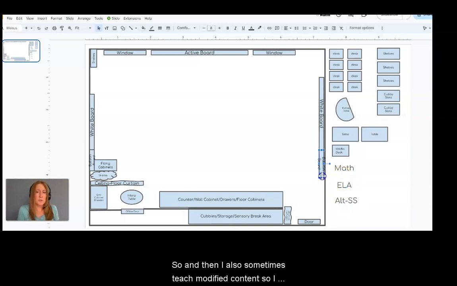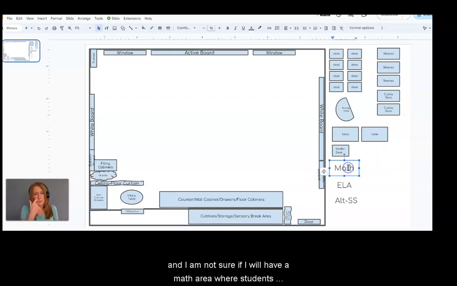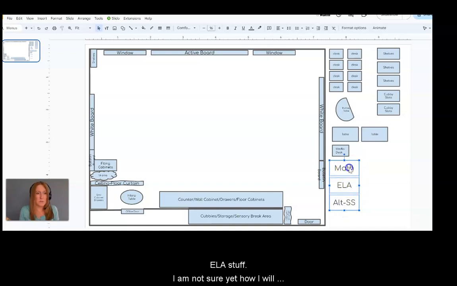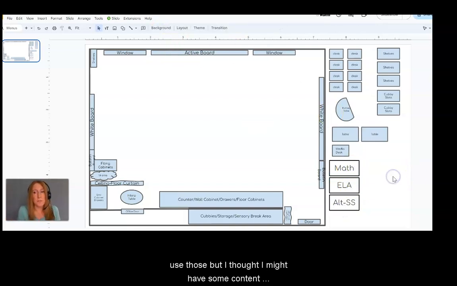And then I also sometimes teach modified content. So I have taught modified social studies, which is alternative standards. So there's that. And I'm not sure if I will have like a math area where students do math, or if I will just label where I have put the math resources and manipulatives and ELA stuff. I'm not sure yet how I will use those, but I thought I might have some content boxes to help